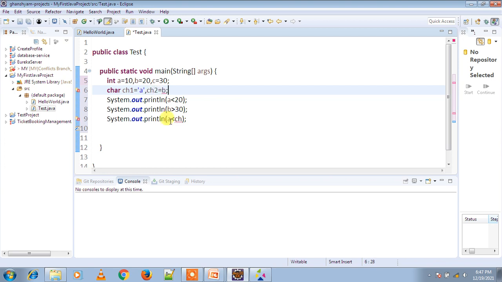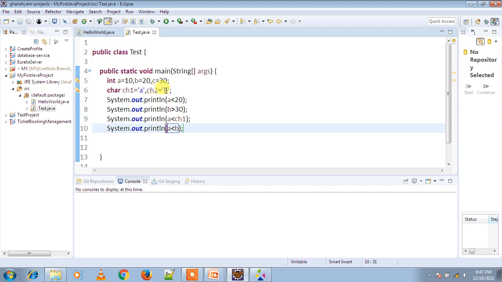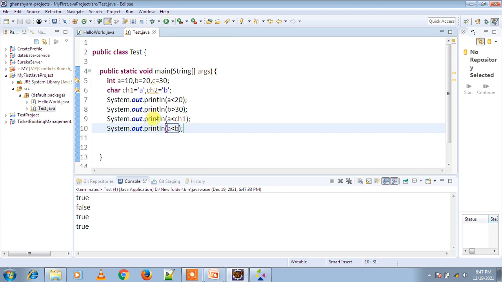Okay, fine. ch1, so a less than b. Now run this program. You can see the output.